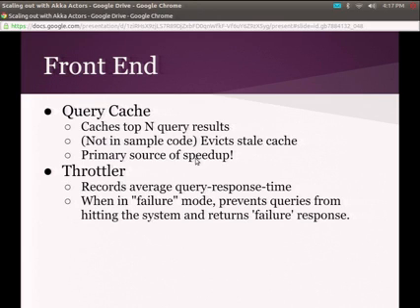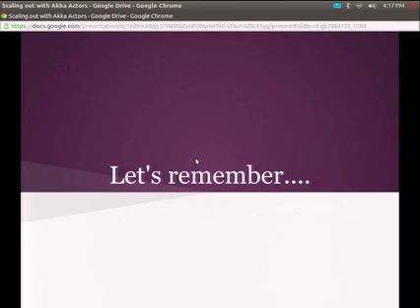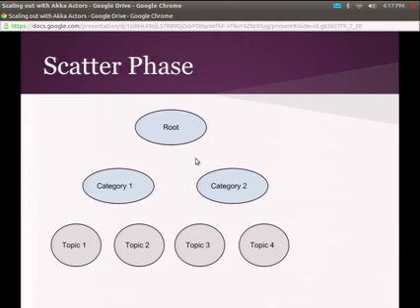The throttler basically records average response time from the whole search query. And if that response time gets to be bad, then we switch into a failure mode where any query that comes in, we immediately respond with, hey, the system's overloaded, we can't access you right now. Why? Because users appreciate results. They don't want to see the little spinning data. So if we can't respond within like 2 seconds, we need to make sure that the user knows that there's an issue and doesn't continue pressing the button and overloading our system, right? It's a circuit breaker.